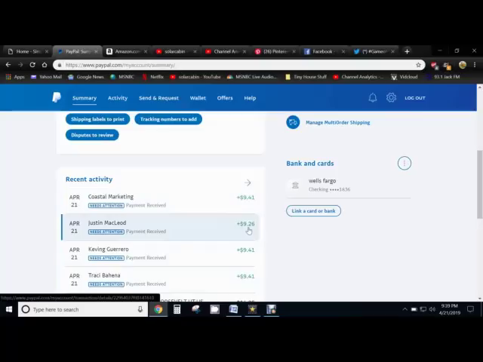Now this one's a little bit less, which means that he probably came from a different country, probably Canada or something like that. If PayPal sells it to a different country, sometimes the rates of exchange are different. So it may not always be the exact same amount, but in general I'm going to make about $9.40 off of every $10 purchase of an ebook. That's a heck of a deal. At that rate, I'm easily making a good amount of money off of each ebook. So you want to set up your PayPal account, and that's who I recommend you go through. And it's not hard to do. You just need a bank routing number.